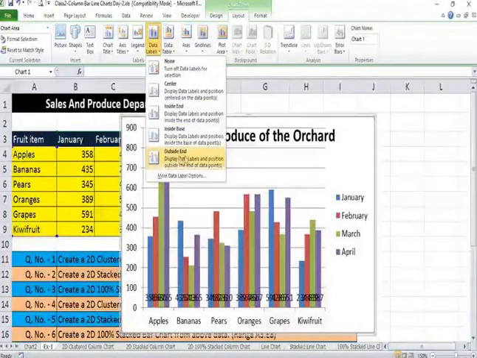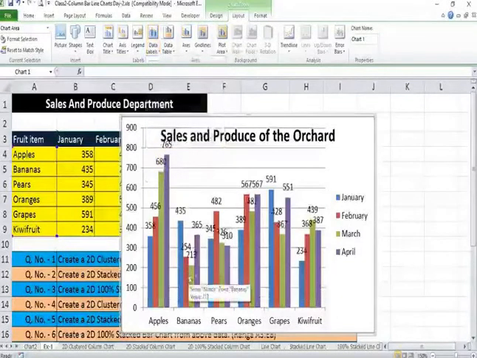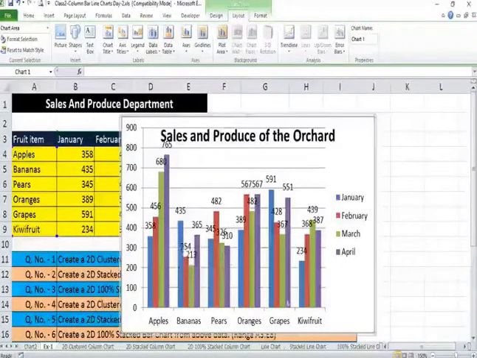Now outside end, let's take this option. So I think this is the best option, where the data is appearing at the top of the column. So less overlapping is there in this case, and distinctly the value of the data is clearly visible. So this is how you work in charts.